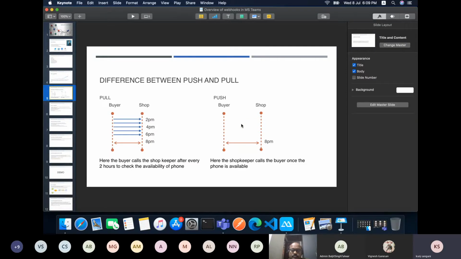Now if we compare the two options in a computer application analogy, the first option is a pull mechanism and the second one is a push mechanism, and hence the webhook uses a push mechanism to send the data. Webhooks also address a major problem.